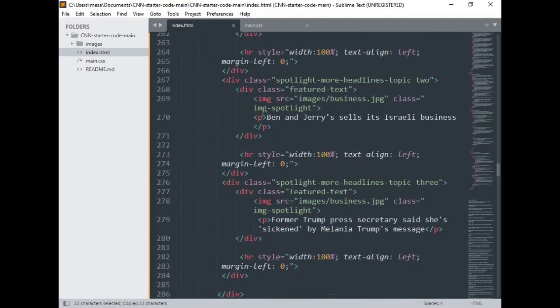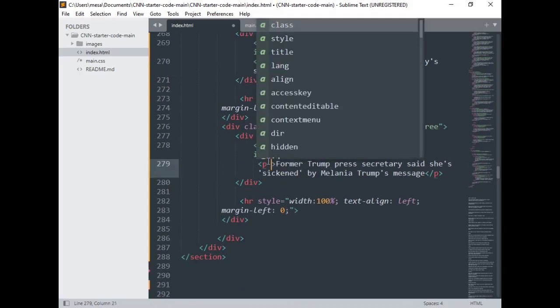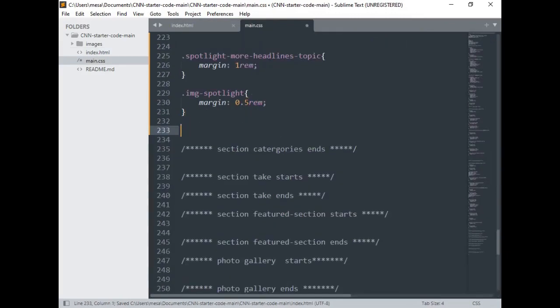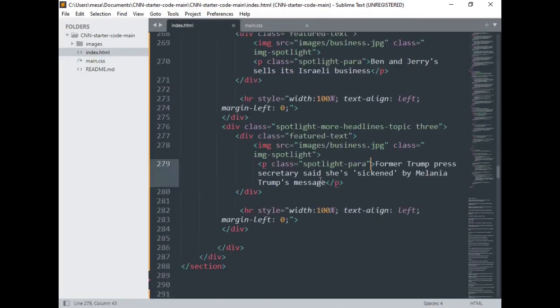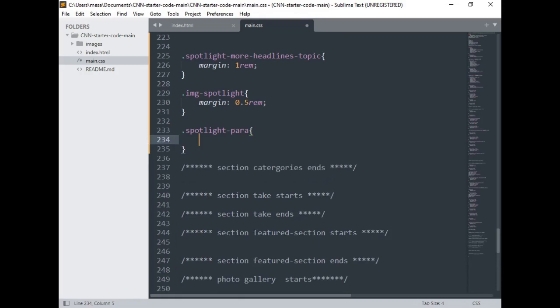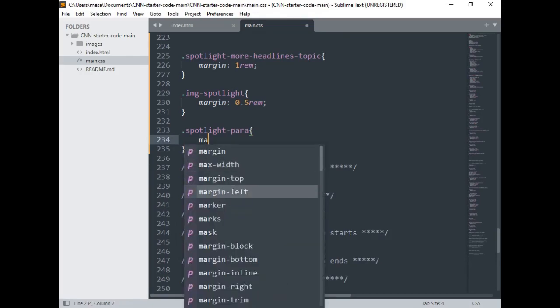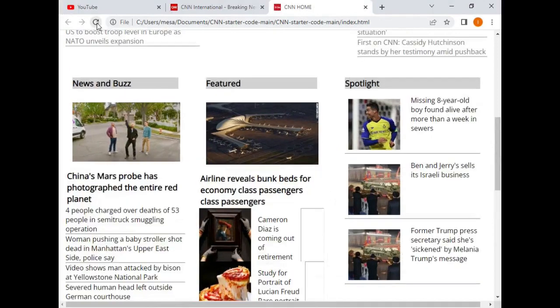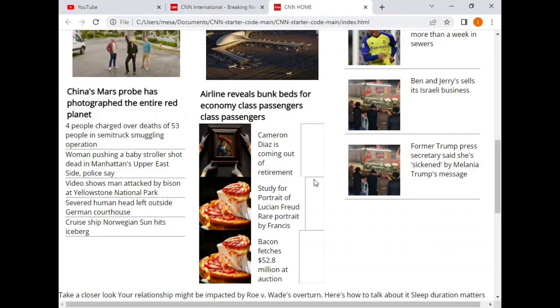Copy. I've given it 1 rem. So let me reload. Yes, there you can see, but I want to remove, like on the featured section,